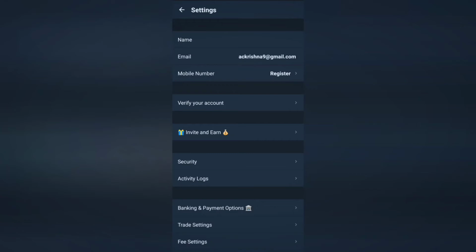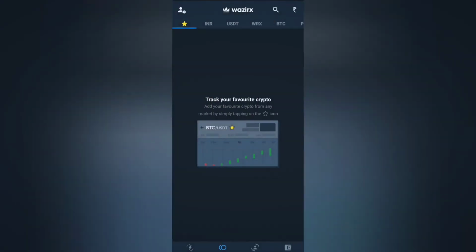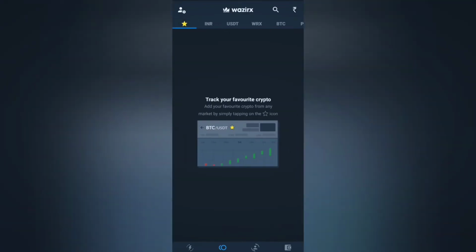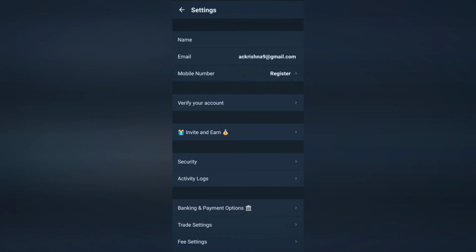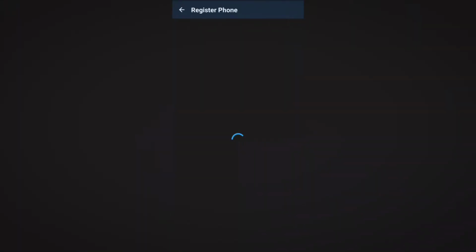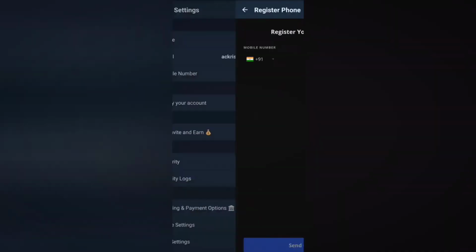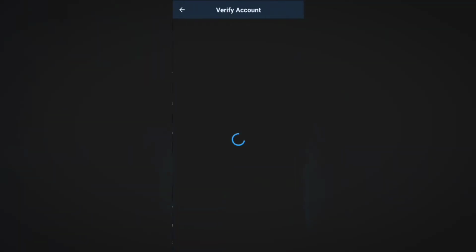Now come out of the settings. Now you can see the list of coins which are listed in the WazirX account. Go back to settings, click on register your phone, enter your phone number and click on send OTP. You will get an OTP, verify it, then go to verify account,